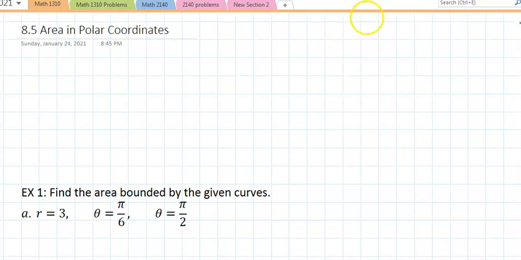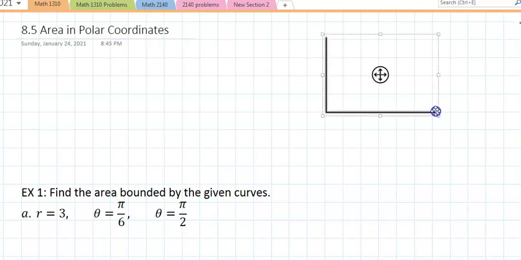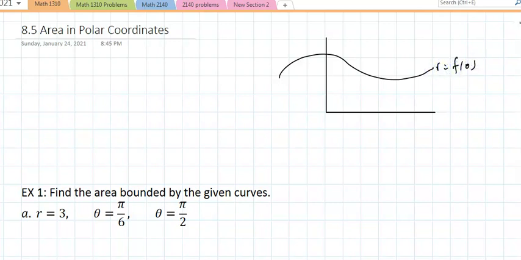Alright, 8.5 talks about areas in polar coordinates. What we're trying to do is find an area of r equal f of theta. And there are two types of these areas that we look at. One,